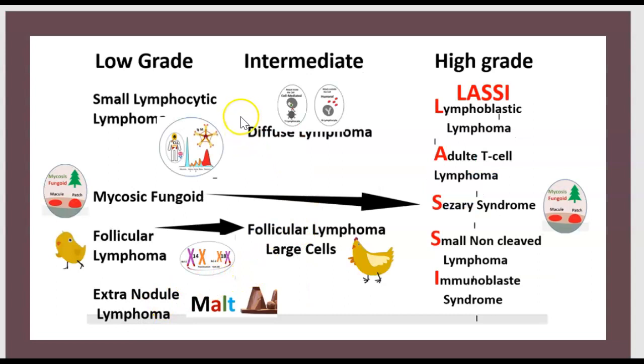3 categories of non-Hodgkin lymphoma: low grade, intermediate, and high grade. Low grade: small lymphocytic lymphoma, mycosis fungoides, follicular lymphoma, and extranodal lymphoma. Intermediate, 2 categories: diffuse lymphoma, follicular lymphoma large cells. High grade,